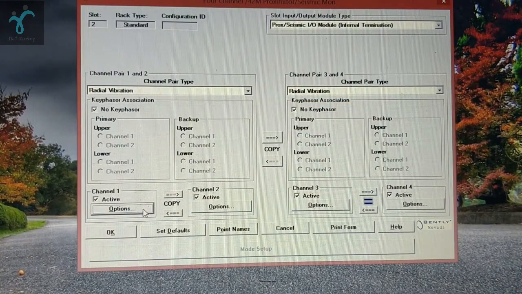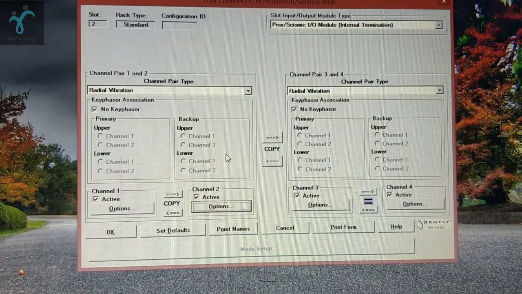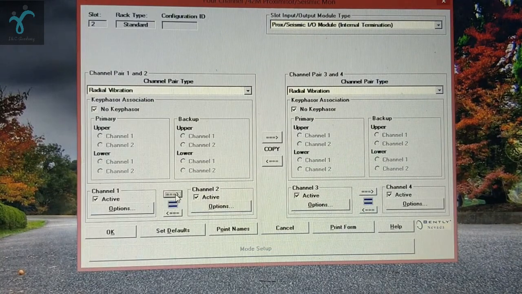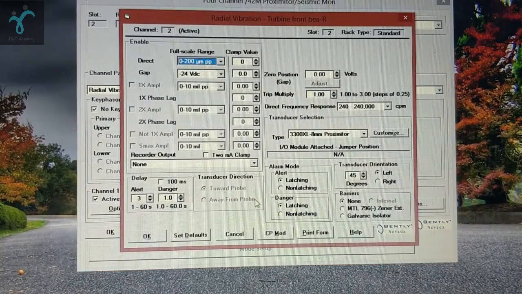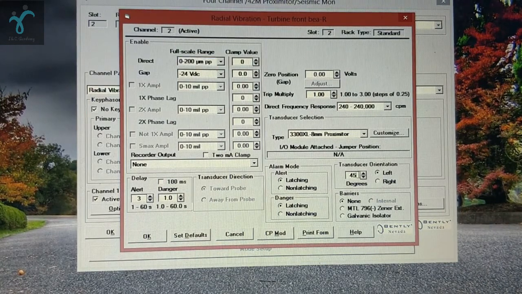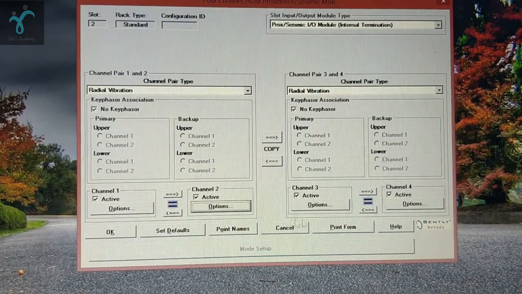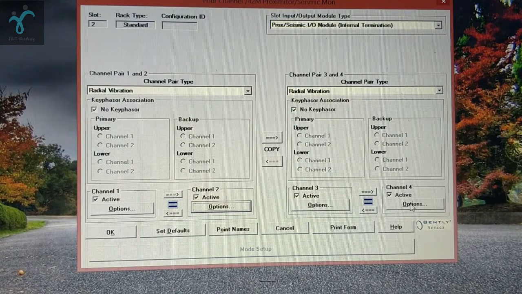Okay, so if you want to copy the same configuration to this channel also, then we need to press the copy option. Okay, so we have pressed the copy option. So whatever the configuration was in the first channel, it has already appeared in the second channel also. Okay, degree of orientation, alert, danger, type of probe, range, gap voltage, etc. Okay, so similarly you can configure channel 3, channel 4 for turbine rear bearing,